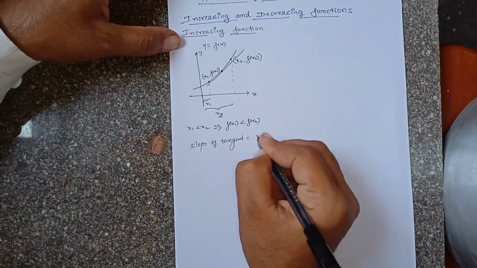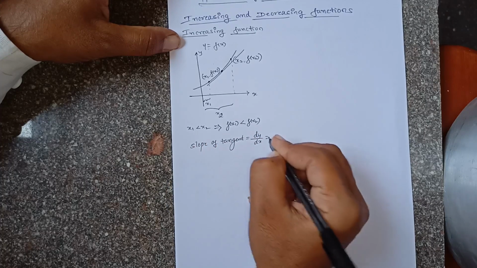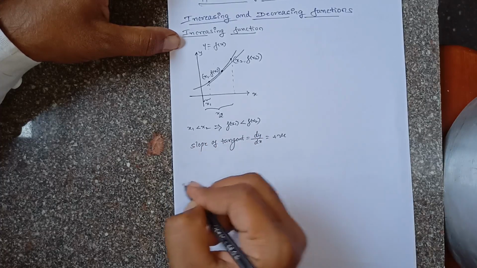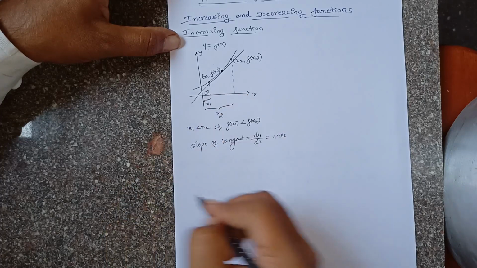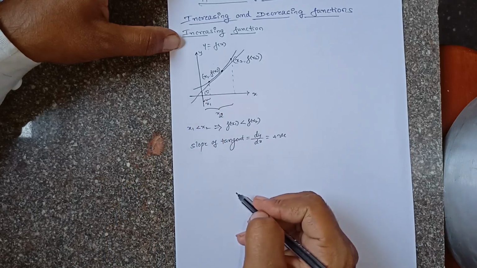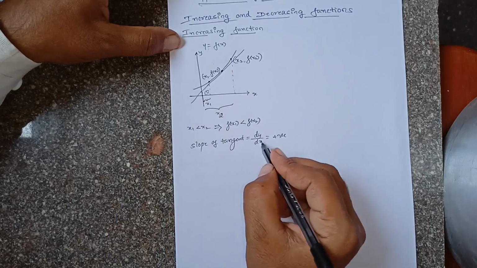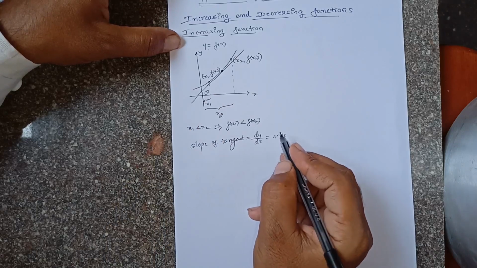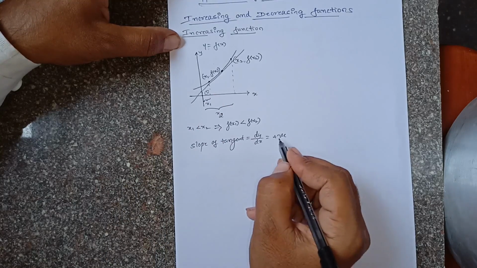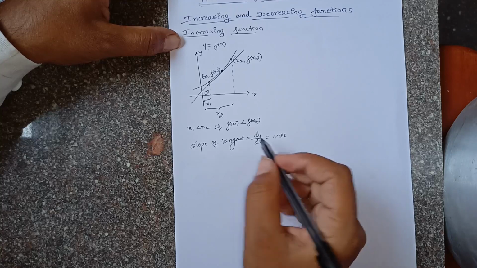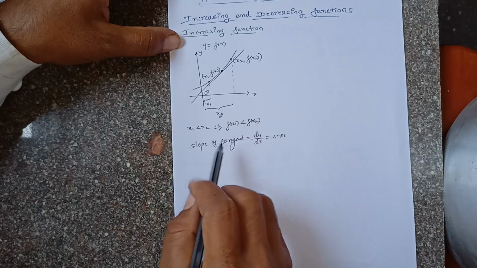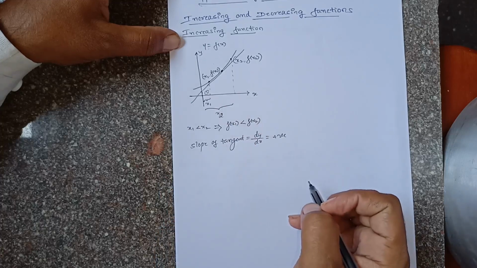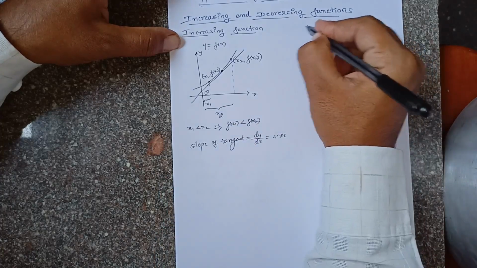to the curve is nothing but dy by dx. Here you are observing dy by dx is equal to positive, because if we extend this tangent, it makes an acute angle with the positive direction of x axis. We can consider slope is equal to m is equal to tan theta formula. Tan theta is positive. We can say dy by dx is positive. For increasing functions, slope of tangents at any point will always be a positive value. Next, let me consider